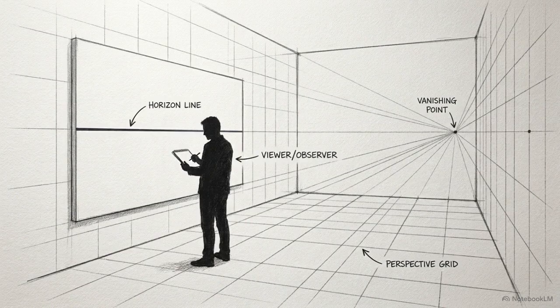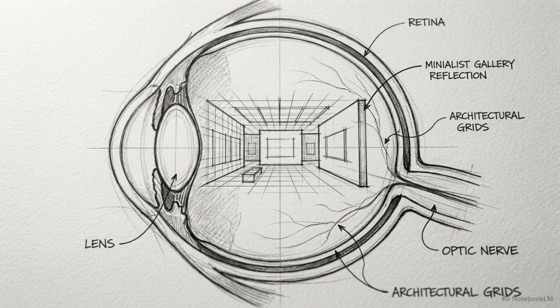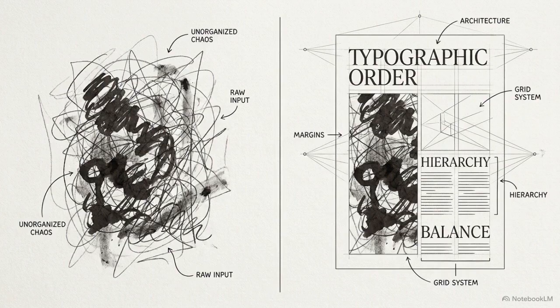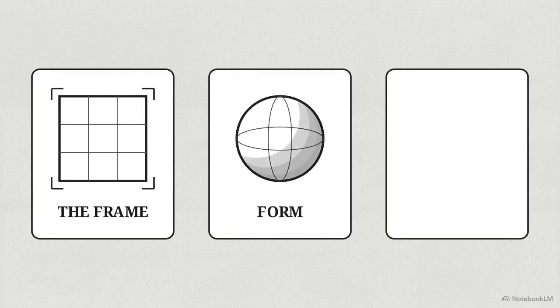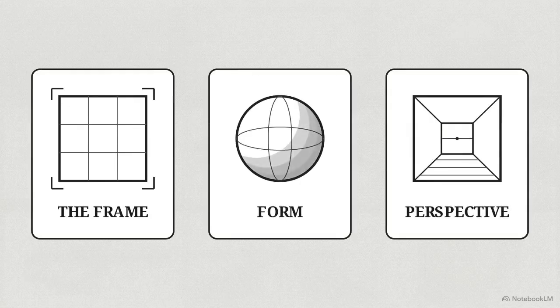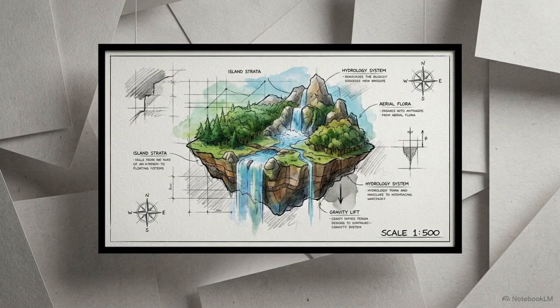In the context of perceptual art, these constructions function as precise reflections of how human biology translates sensory data into a coherent environment. Knowing this visual grammar is the factor that separates accidental markings from deliberate, powerful communication. Mastery of the frame, the elements of form, and the geometry of perspective grants the ability to engineer entirely new realities within the borders of a